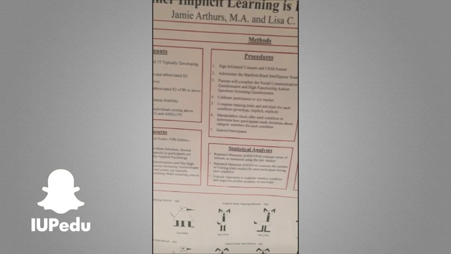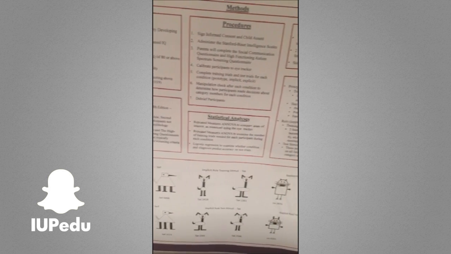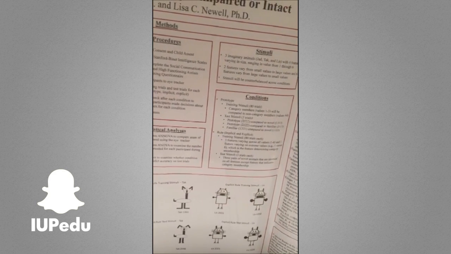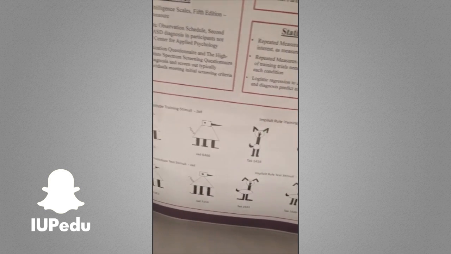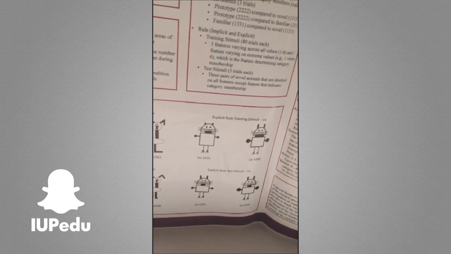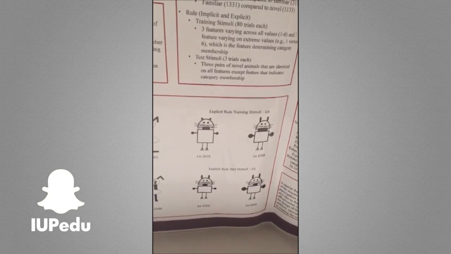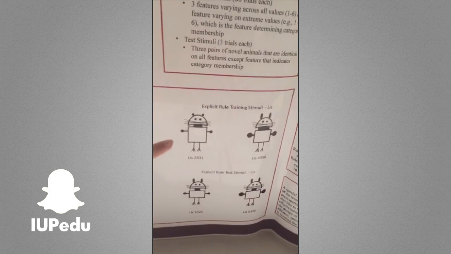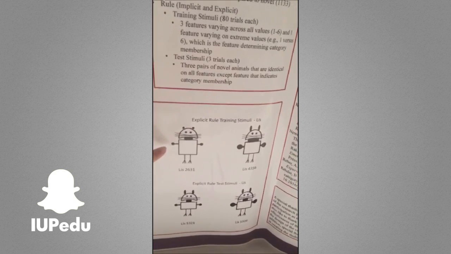What we'll be doing is participants will be going through 3 different conditions: a prototype condition, an implicit condition, and an explicit condition. Participants will be looking at 2 animal stimuli that they need to choose which one is a category member. And so each animal has 4 features that vary. So if you're looking at this one here, this one varies by neck width, ear length, hand size, and